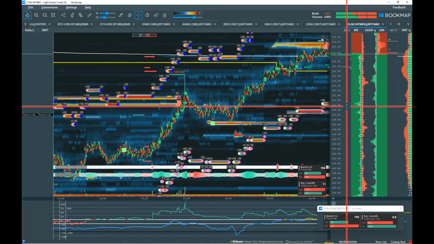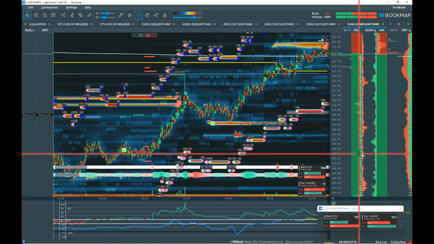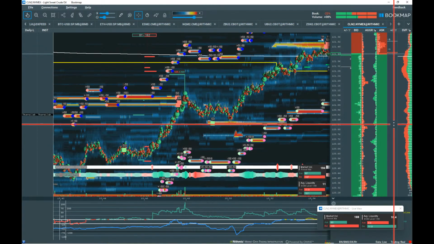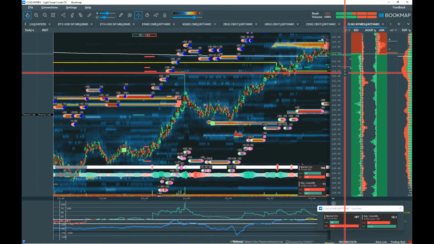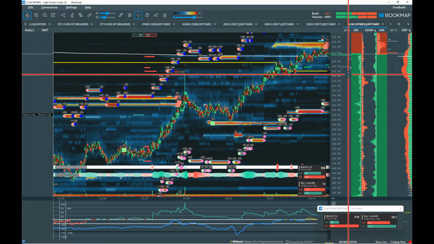We are aware that there are not many traders out there who are utilizing the order book in this manner. So I would encourage everyone of you, if you are working with Bookmap, use it. It's there on your chart. It costs you nothing. Just customize it that way, and you will get more information maybe about your instrument